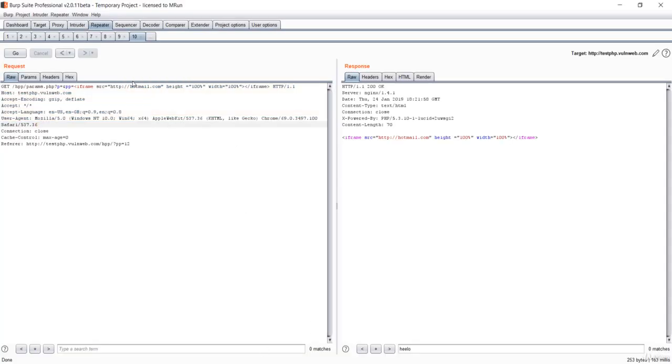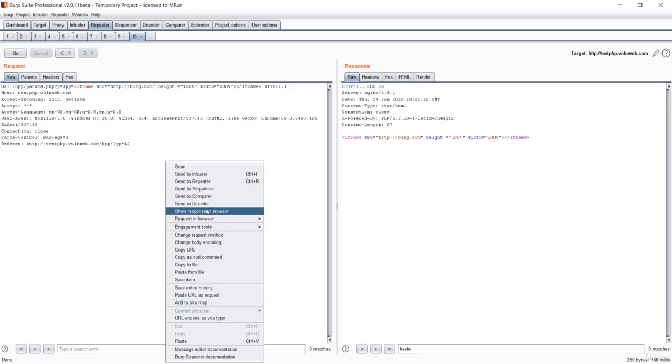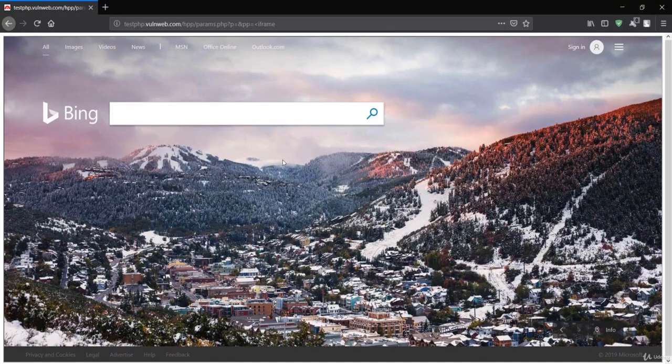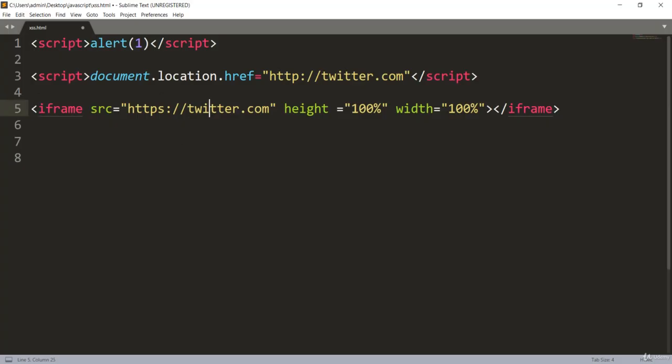Let's check again for Bing. Okay, Bing is working, but some websites that have HTTPS are not working. So that means you have to work with HTTP, not HTTPS, in the case of iframe.